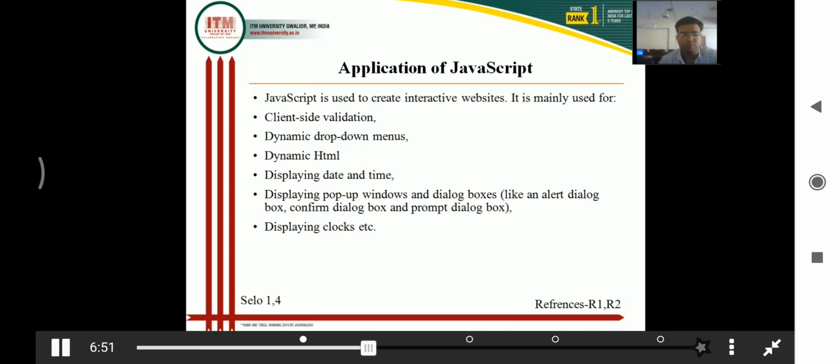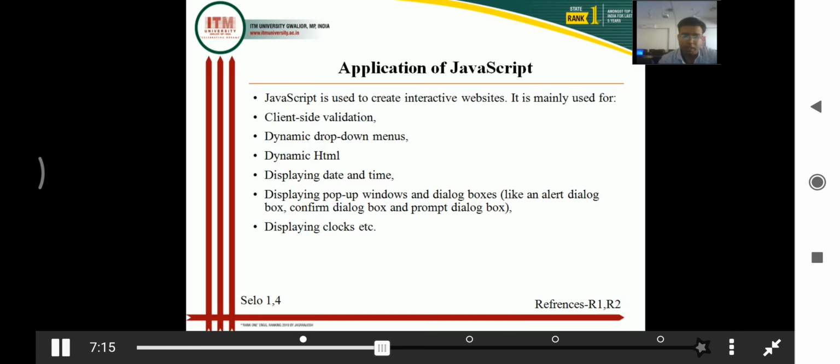In association with these validations, JavaScript can also be used to make some interesting drop-down menus. Dynamic HTML means your page will become responsive. If you want to show the date and time of the machine in your program, you can also use JavaScript.